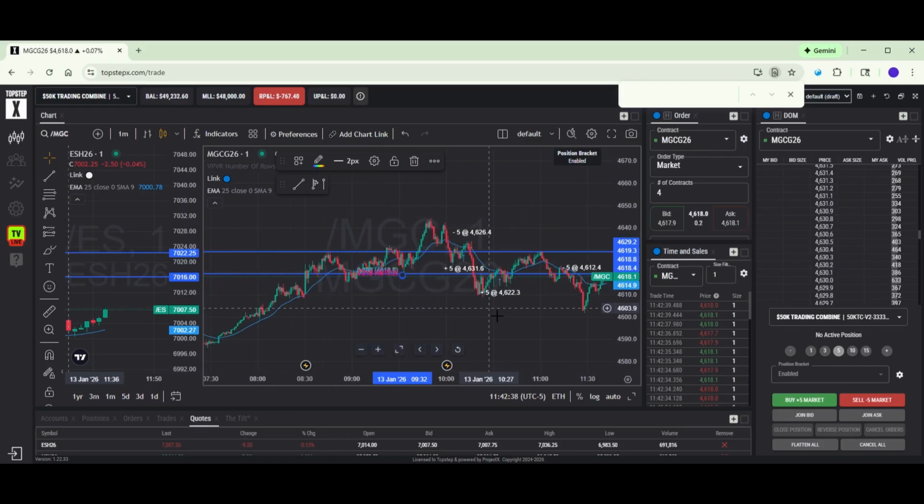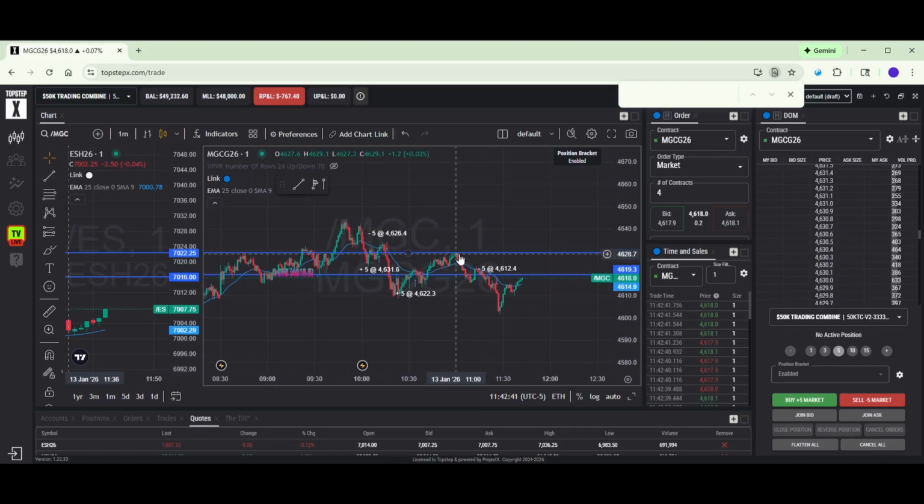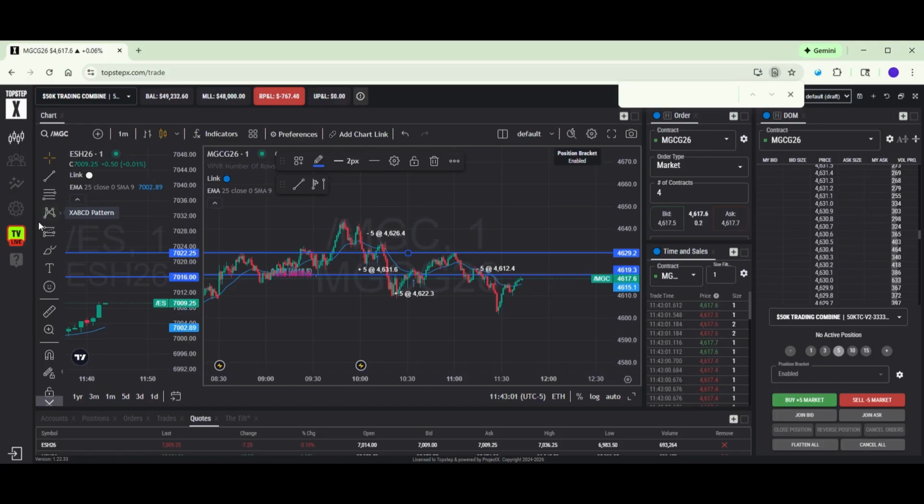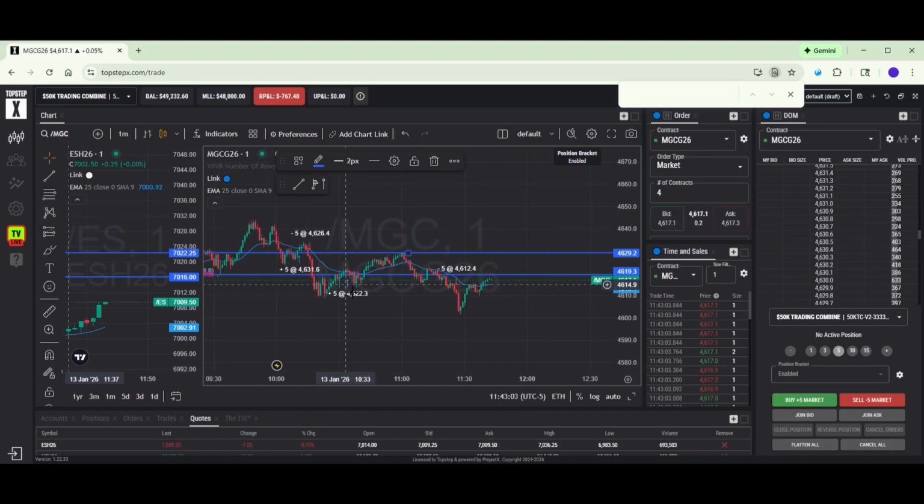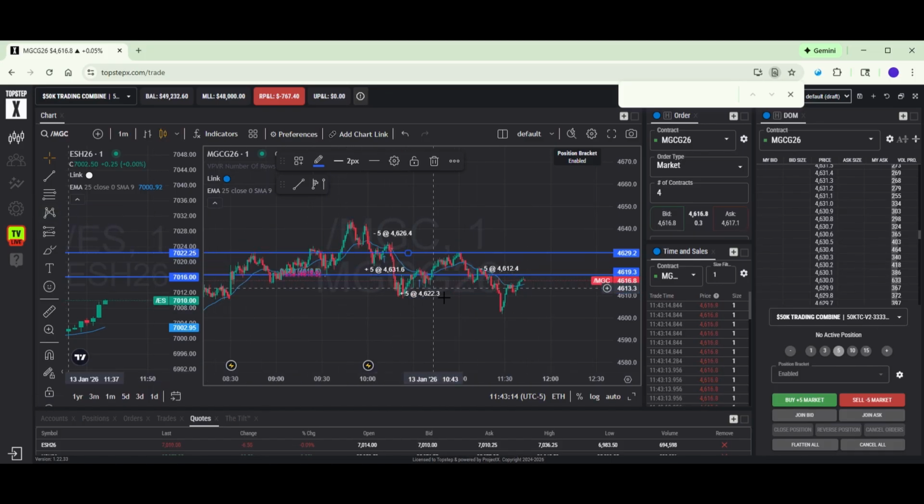So what are the takeaways for today's trading? I think there are a few takeaways here. One is to just stick to the bracket orders that I've been using in the sim account. The other is making sure I'm sticking to my process. I don't think the trades I took were necessarily bad, but